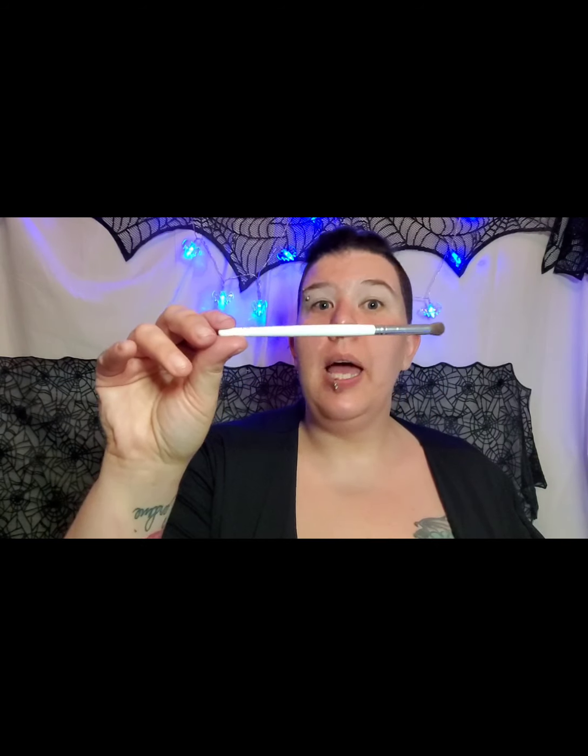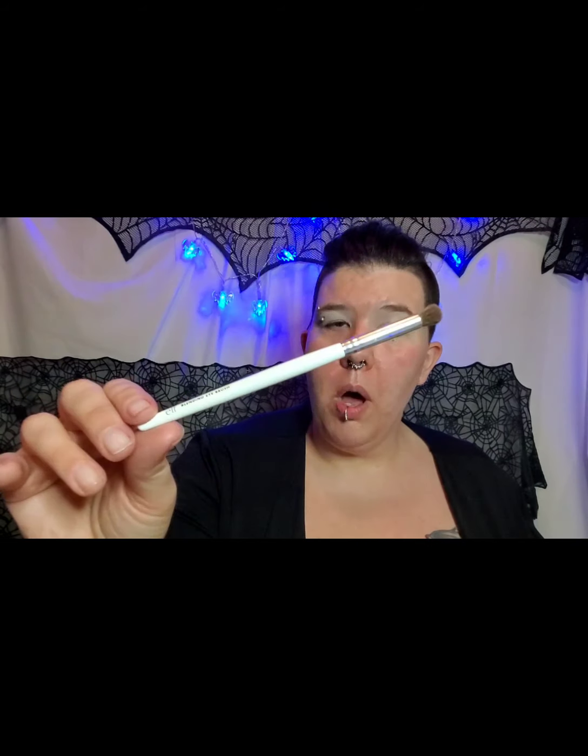I think I'm going to start by putting RIP here in my crease. And to do that, I'm just going to use a blending eye brush from e.l.f. Cosmetics. I really like e.l.f. Cosmetics brushes. They're very inexpensive. You can pick them up at Walmart for not even $2 a brush. It's great. They work really well. I find them very nice, very soft. So I'm just going to